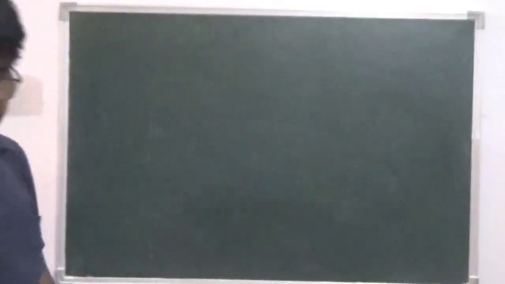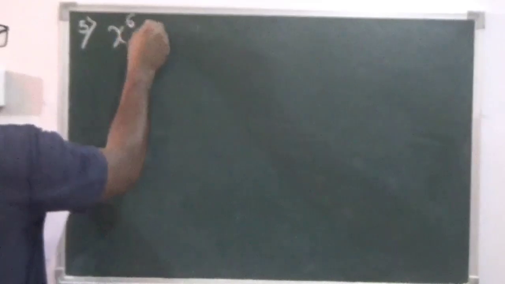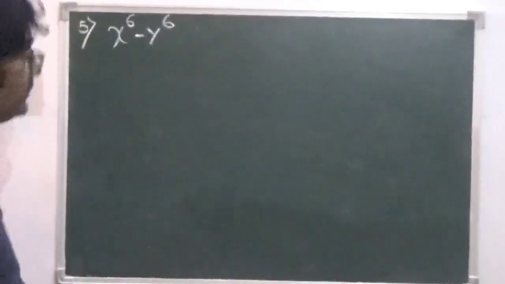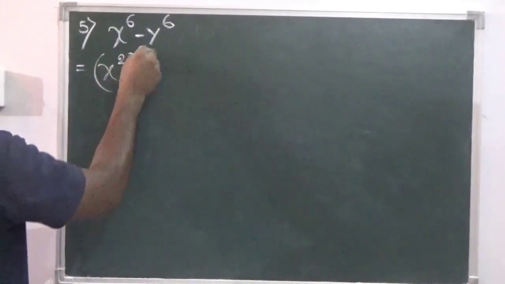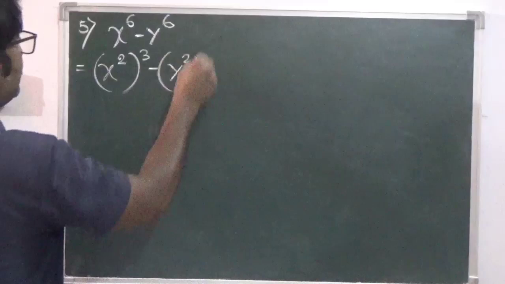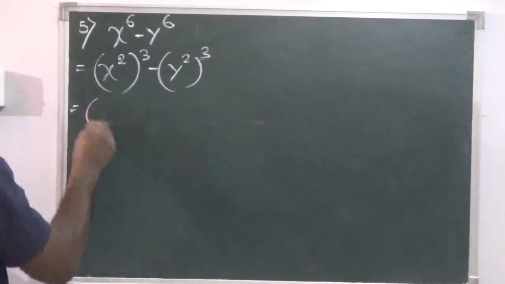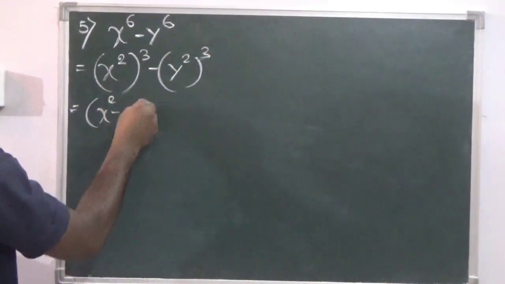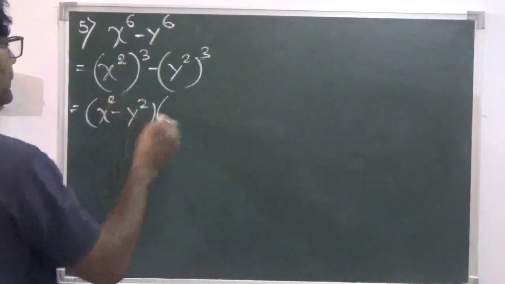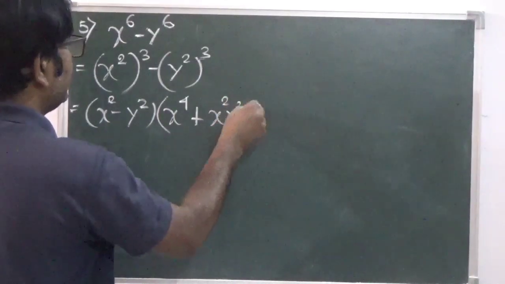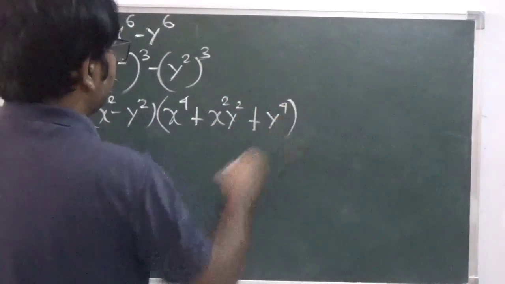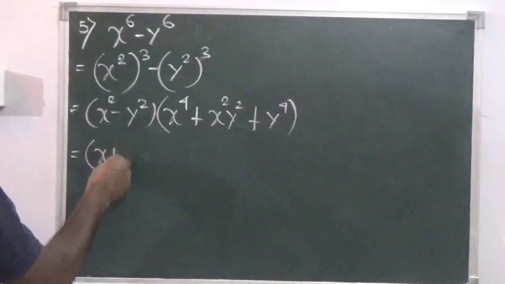Let us move on to the next question, and that is number 5. x to the power 6 minus y to the power 6. Let us see to this. Express it as cubes: x square power 3 minus y square power 3. So it is a cube minus b cube. So a minus b, then a square, that is x power 4 plus x square y square plus y power 4. So this is x plus y,